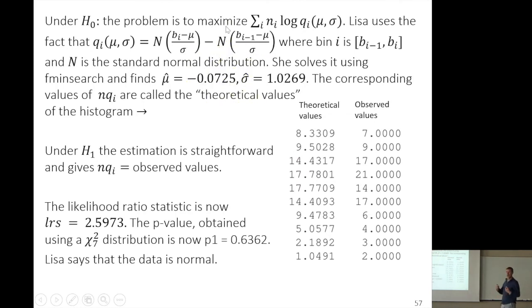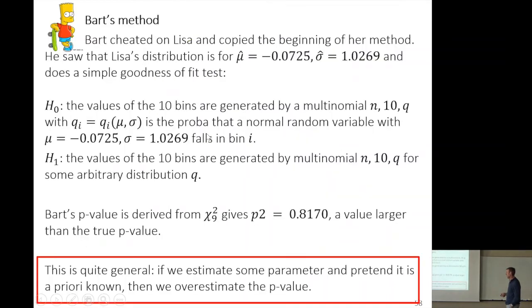We estimate it according to the way the test is working, but then we ignore the fact that it has been estimated. I consider the first step as an oracle. It says, no, I know if it's Gaussian, it is this, therefore I test against this. When we do this, we are cheating a bit in the sense of statistics, and the general theory says if we do this, we know in what sense the p-value is obtained. The p-value is overestimated because the fit is better, because we have taken exactly the distribution that has been fitted